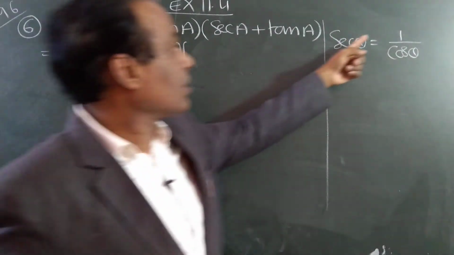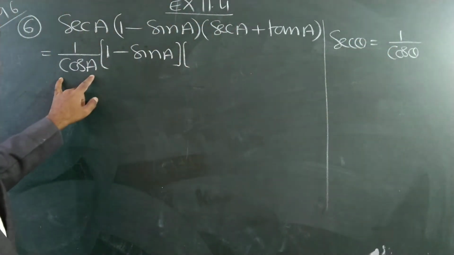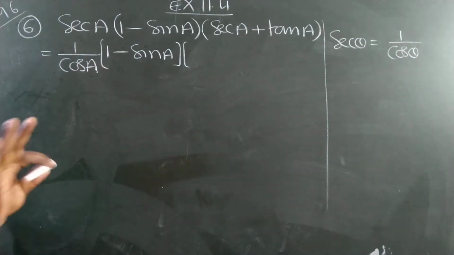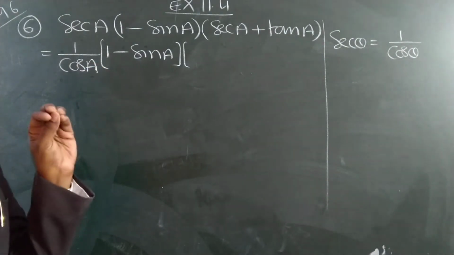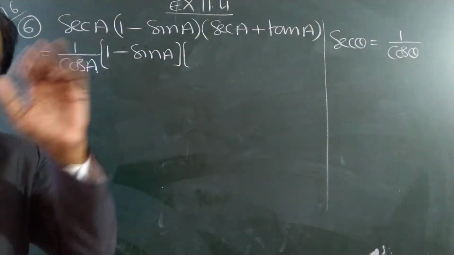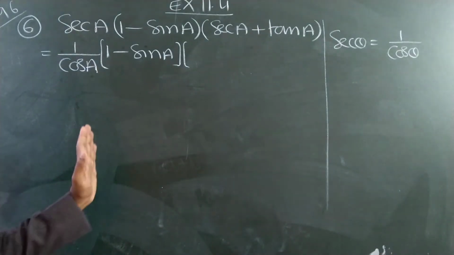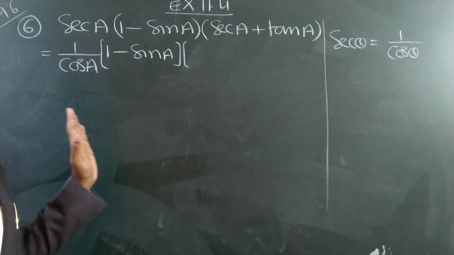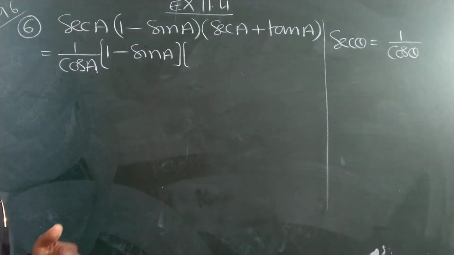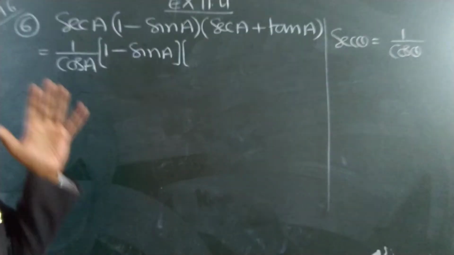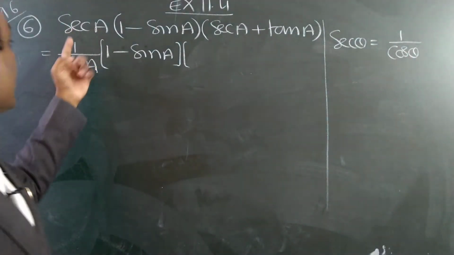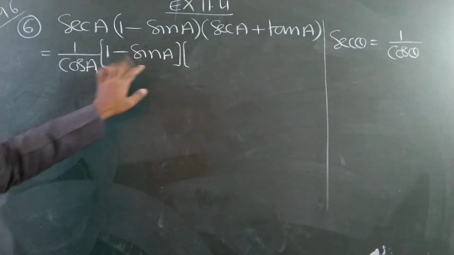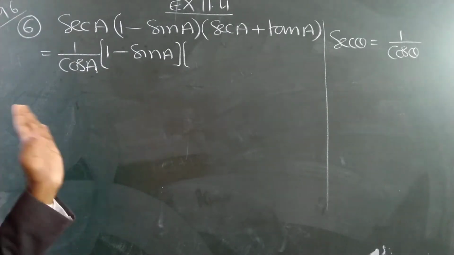Secant is equal to 1 by cos. All of you look here. Don't write, I will give time. If the time is not sufficient, put in the chat box that time is not sufficient. I will give some more time to copy the problem. But when I am teaching, just copying the problem will not serve your purpose. You have to understand. Secant is equal to 1 by cos, that formula I told. So this I am writing same, the total problem in sin and cos only.